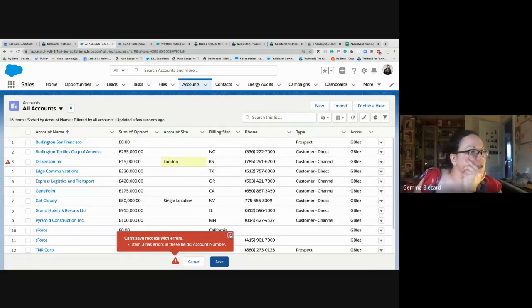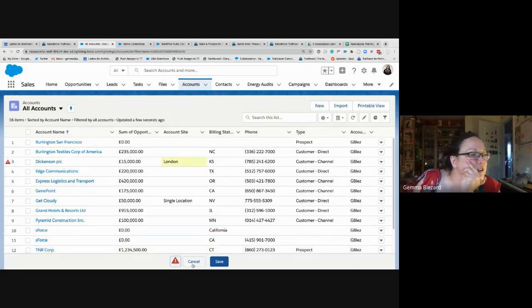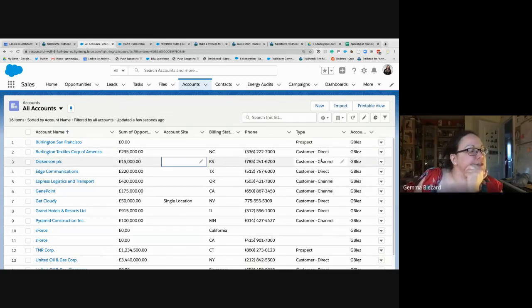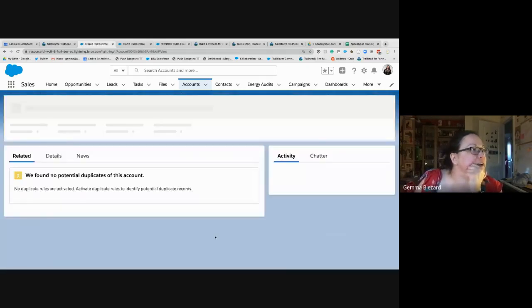Ugh. Bloody validation rules. Okay, but you see, you get the idea. So it wouldn't have changed because it currently meets the criteria, whereas this doesn't currently meet the criteria. So if I then go to Salesforce,